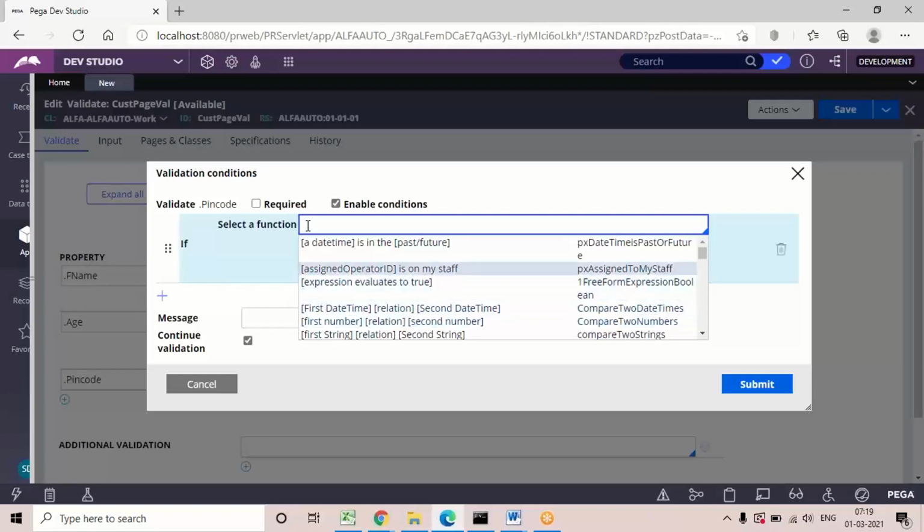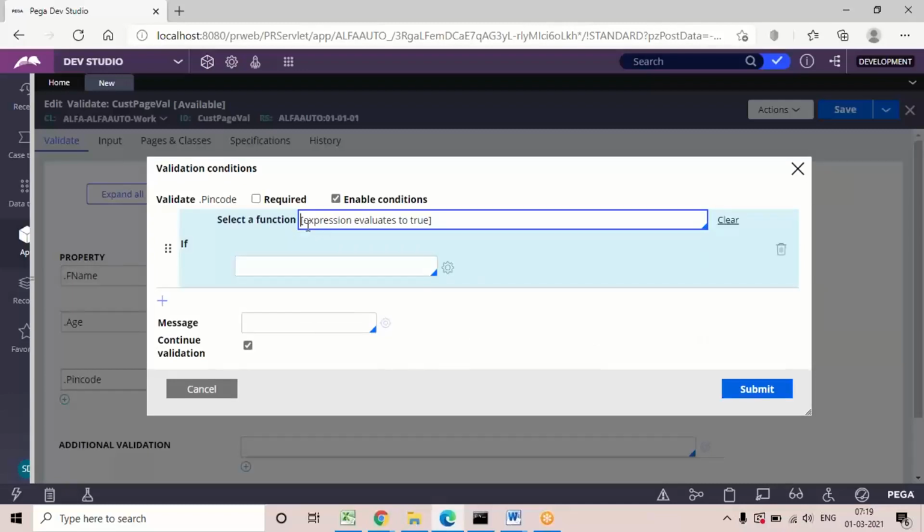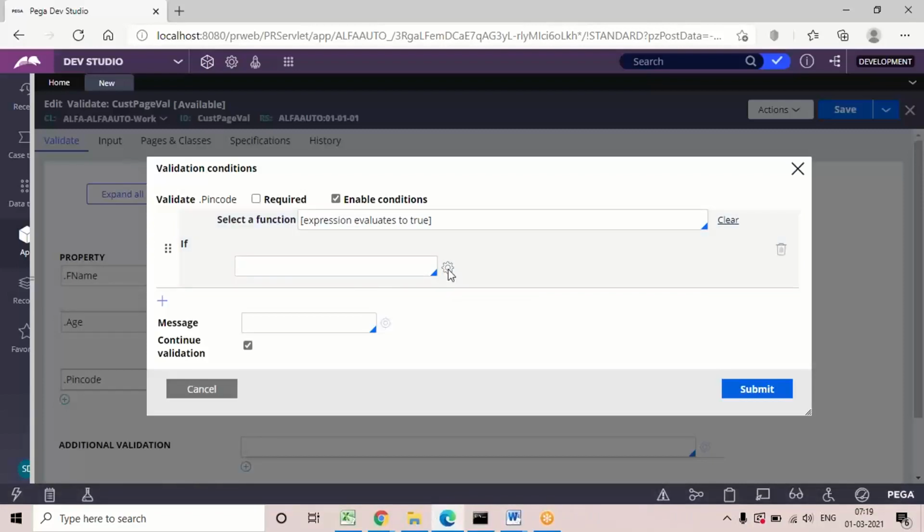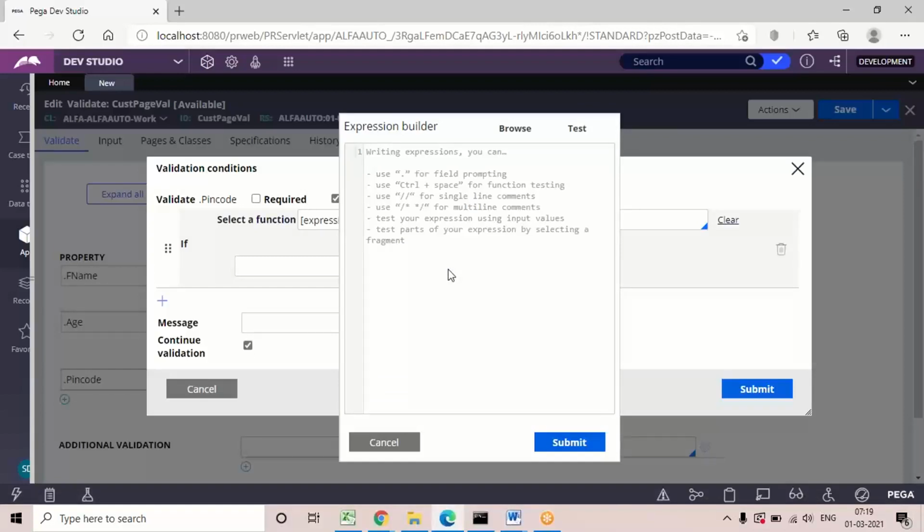How to open that expression builder? We'll be using a function called expression evaluates to true. By selecting this function, we can open expression builder. From these settings, we can open it. The length we are setting, right?